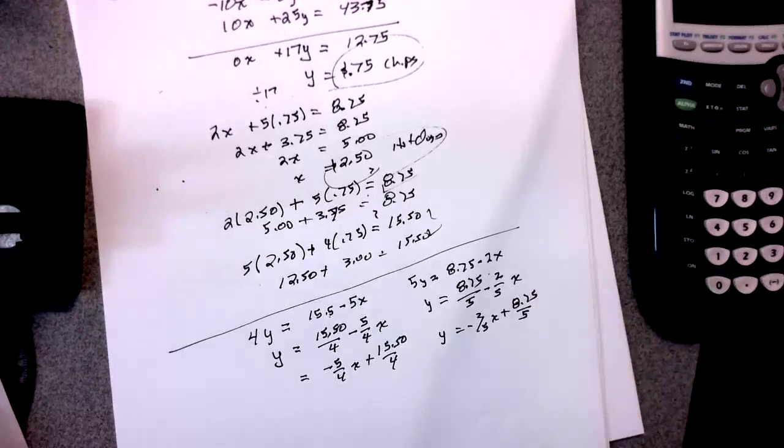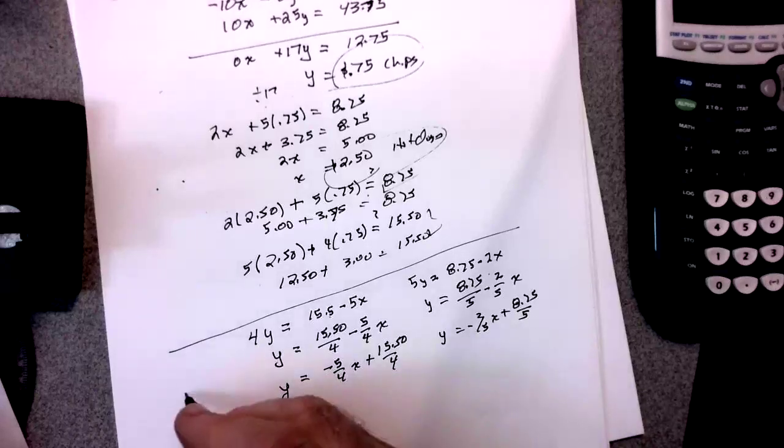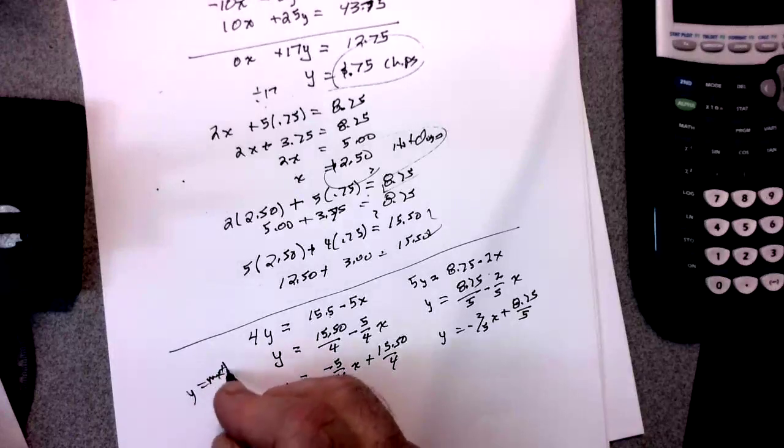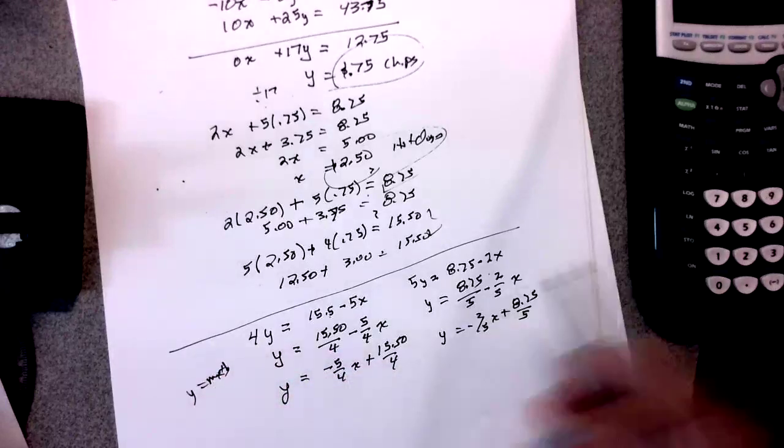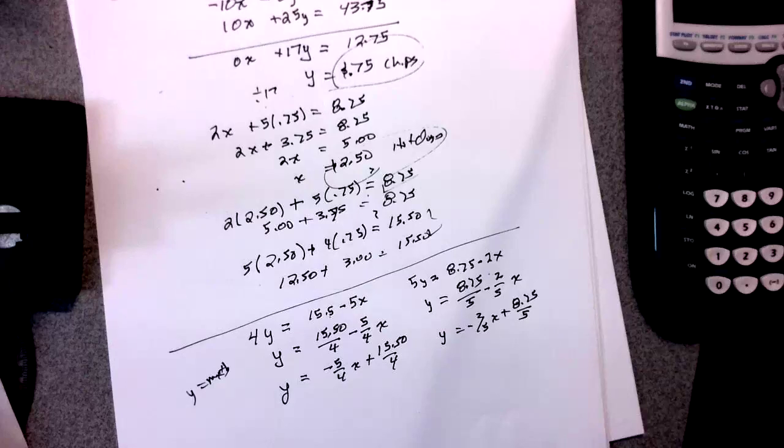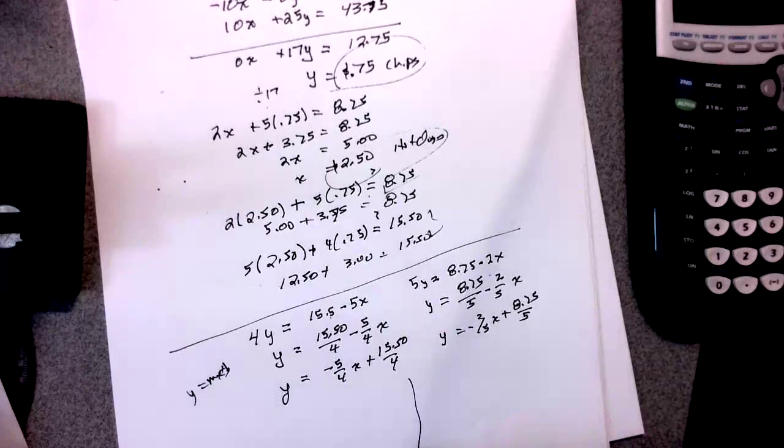Okay. So what have I got now? Well, now I got myself two linear equations, don't I? y is equal to mx plus b. So this is y is equal to mx plus b. I can put these in my graphing calculator, and what should I find? When I put them in my graphing calculator,